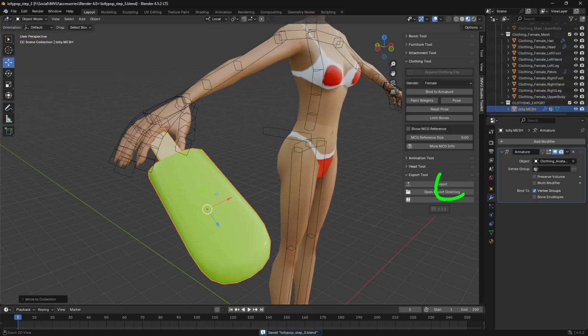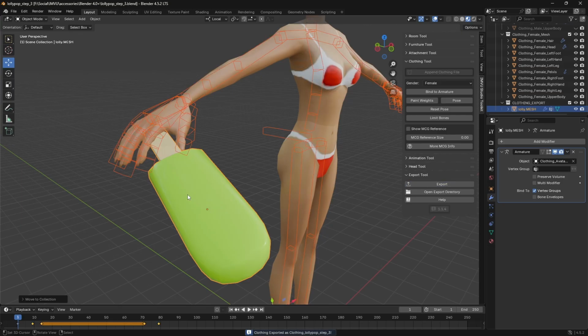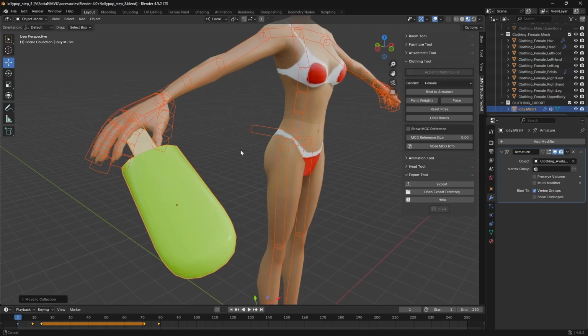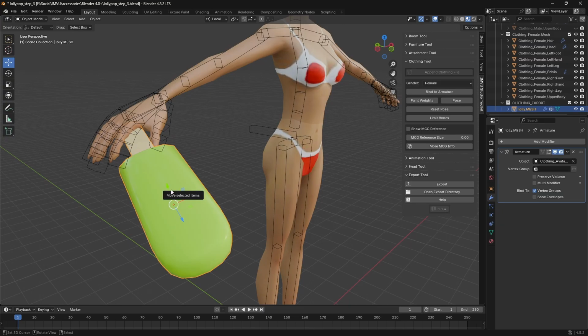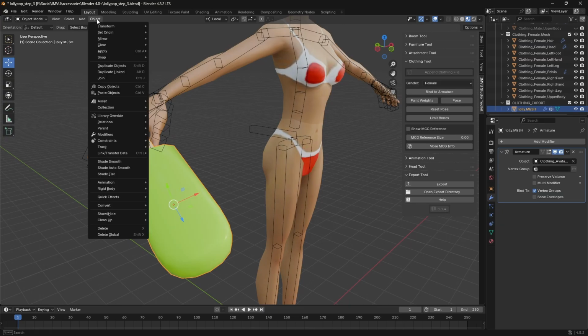And then click on export. So that's exported the skeleton and the mesh. We'll come back to this later. So we've now got one FBX file. So now that we've got that, select the mesh, copy it, copy objects,